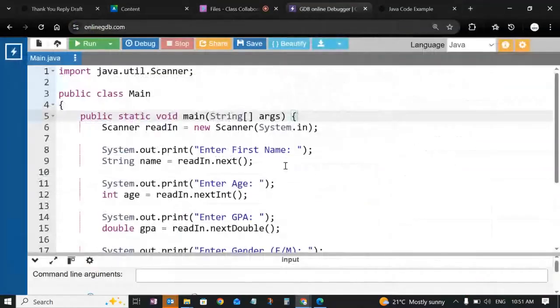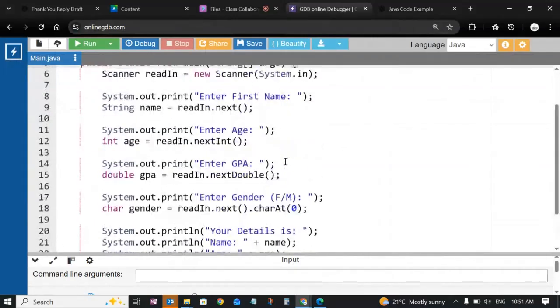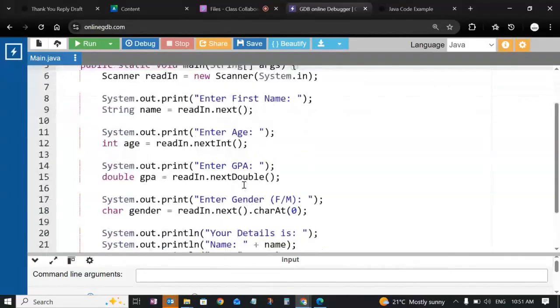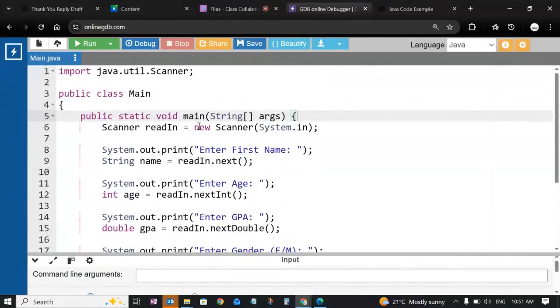How can we deal with files in Java? In this basic program, you can see that there will be input and output from the user, which is going to ask the user about the first name, the age, GPA, and gender. To implement this,